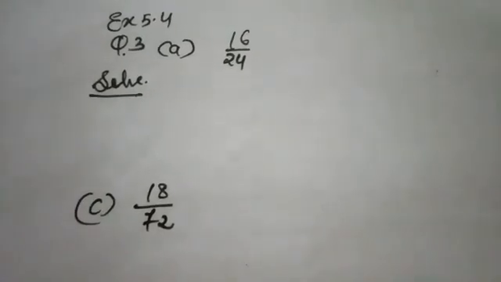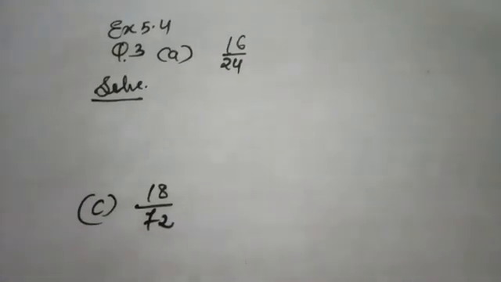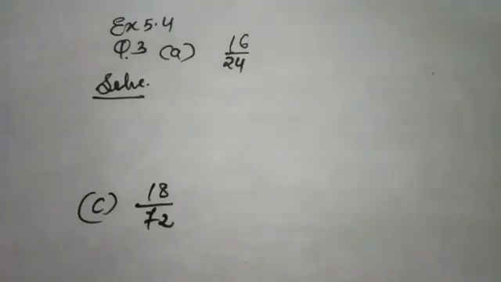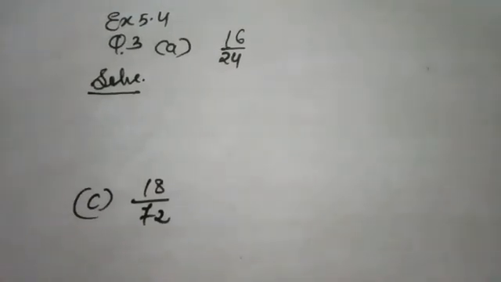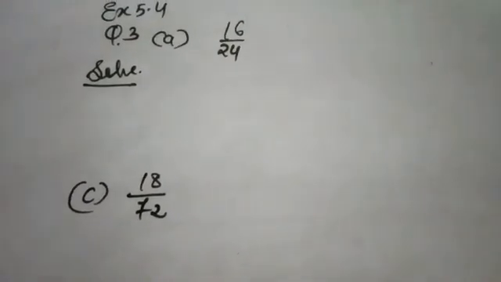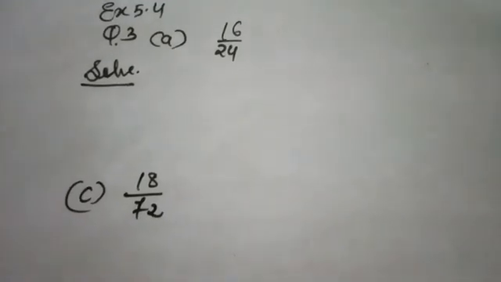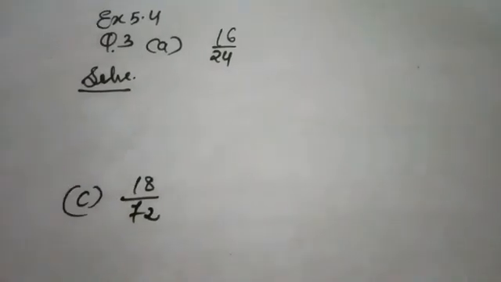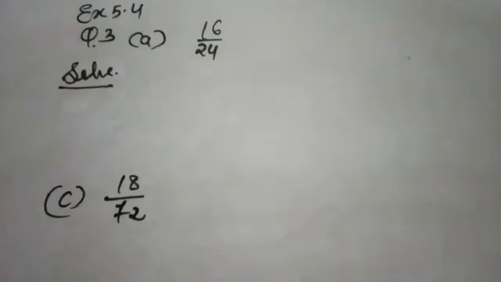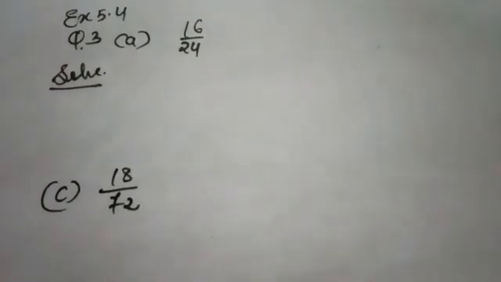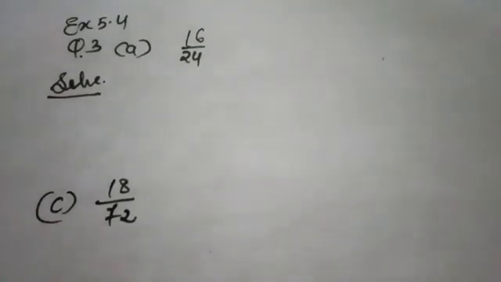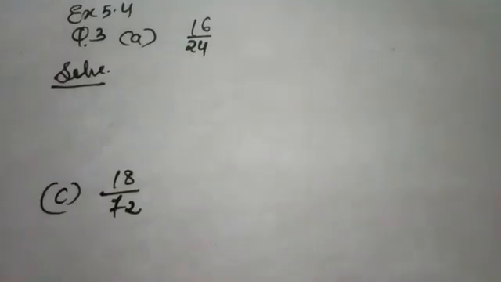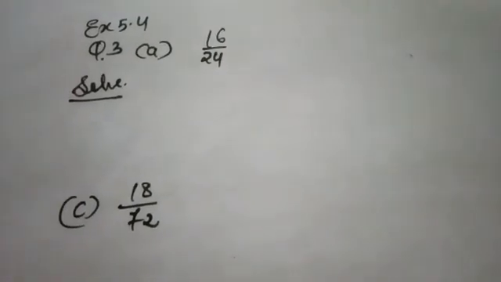Simplest form means, if two or more fractions are there, or we can say only a single fraction is given, the given fraction is said to be in the simplest form if the numerator and denominator have only one as a common factor. It means the numerator and denominator do not have any other common factor.